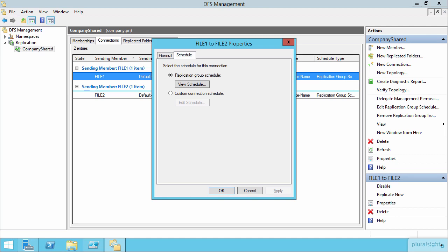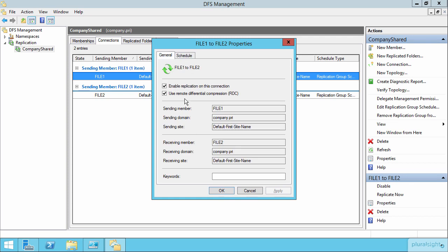Now, still in the same properties screen associated with the connection, I want to go back here to the General tab where we can take a look at this checkbox here titled Use Remote Differential Compression. You can think of RDC as kind of a different version of WinZip, I guess, for lack of a better term. RDC is a tool that facilitates compressing files before they end up getting transferred off to the other side